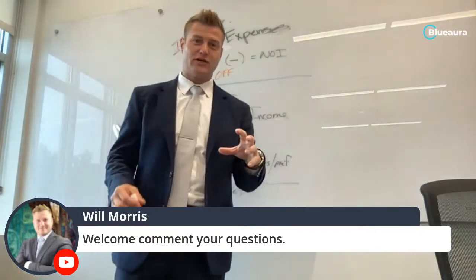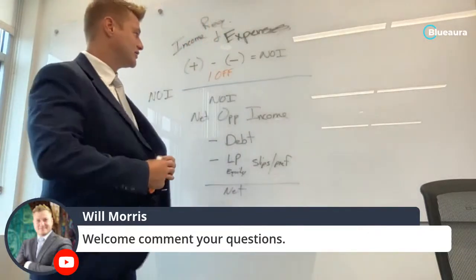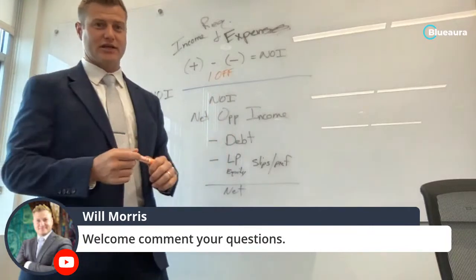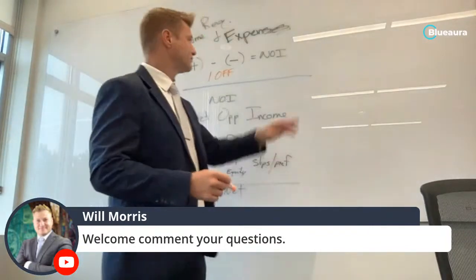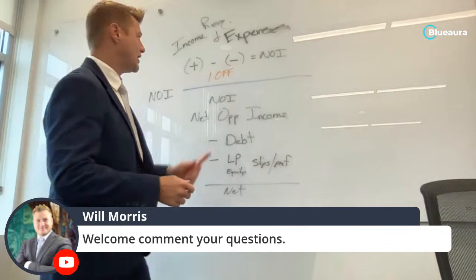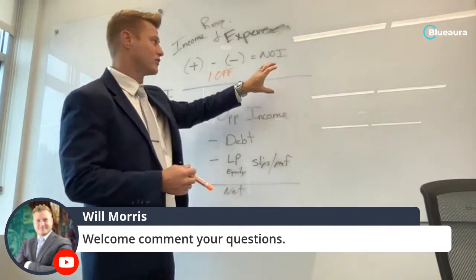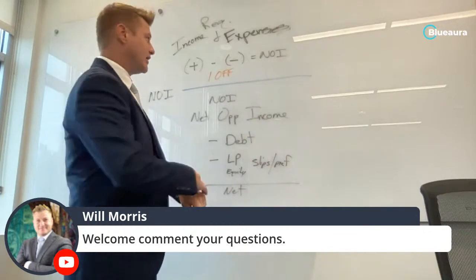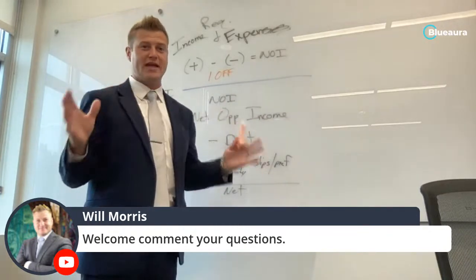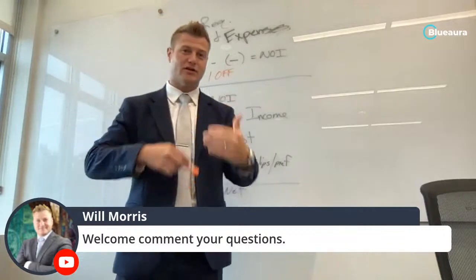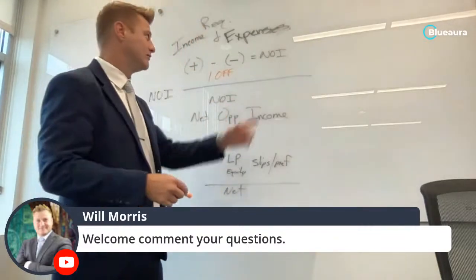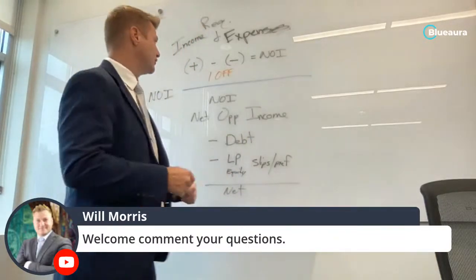Okay, they'd sold some homes apparently last year, and so they had $85,000 in one-off income above the NOI. They should not have included that in the P&L, or the profit and loss statement. For us, because it's one-offs, we can't count on that. If it doesn't happen every year, if it's not residual income, it should not be up here. So that's something you need to look for, folks.